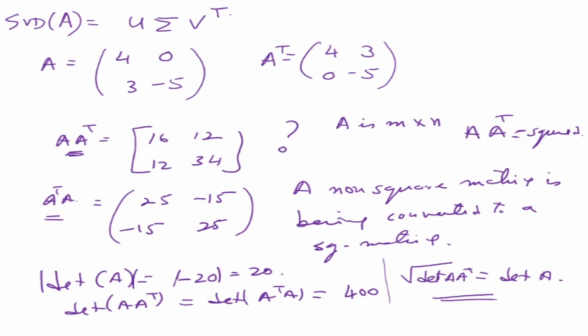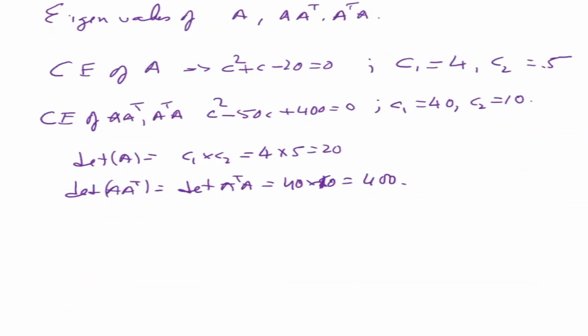So when you find the determinant in the normal procedure, that is rows into columns, we got the determinant of A to be 20 and the determinant of A transpose A to be 400. It basically means that you can find the determinant from the eigenvalues also. This is what I'm trying to find, the physical meaning of the eigenvalues. It means the eigenvalues are going to scale your unit sphere, and your orthogonal matrices U are the ones that are going to rotate. That is what I'm trying to find out, the relation between eigenvalues, and then proceed.